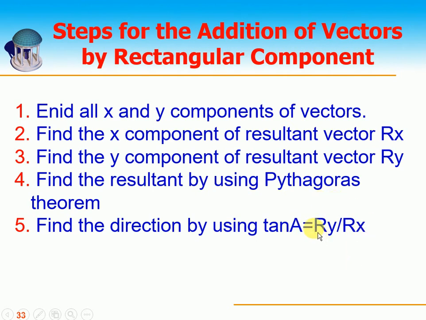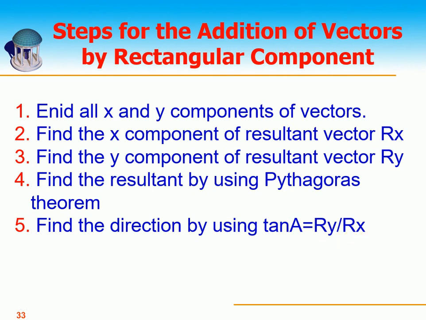You will see whether the ry and rx are positive or negative. Depending upon the coordinates, you can find the angle. If both of them are positive, of course, the angle lies in the first quadrant. If ry is positive and rx negative, you are in the second quadrant, then your angle will be 180